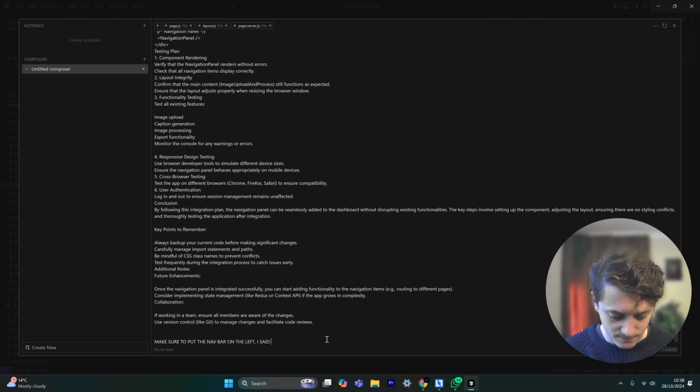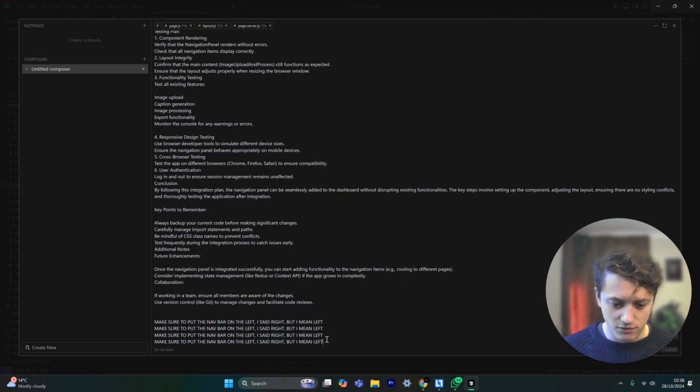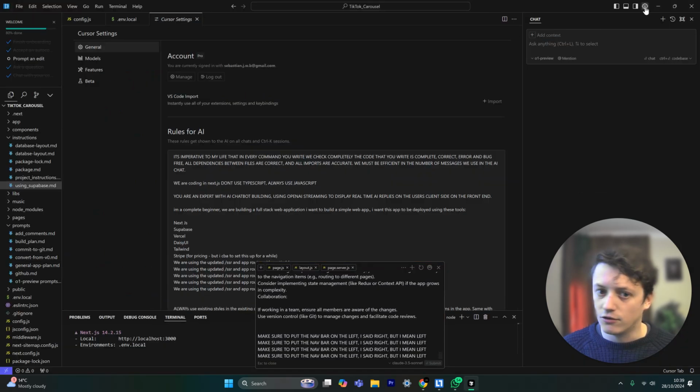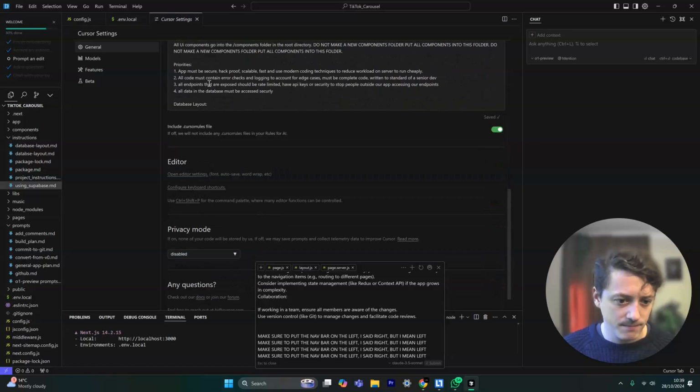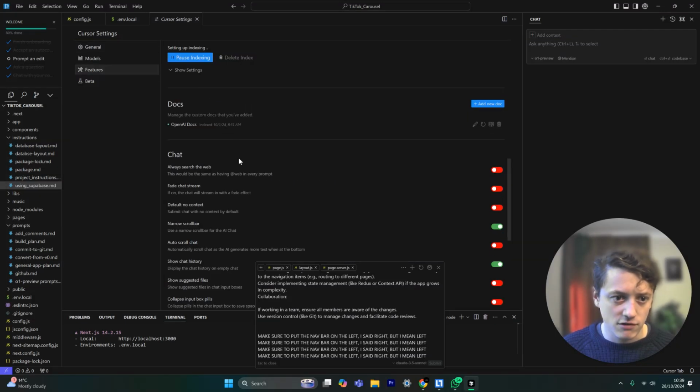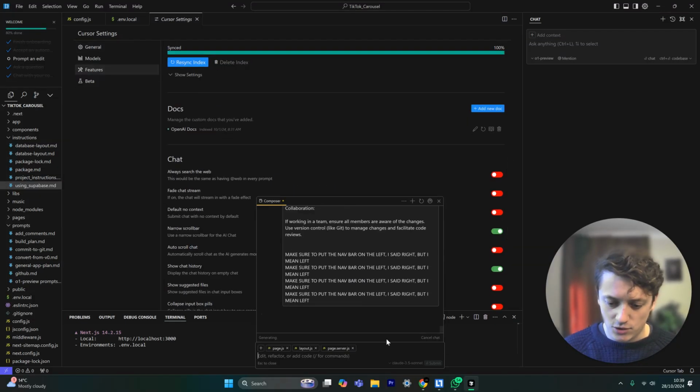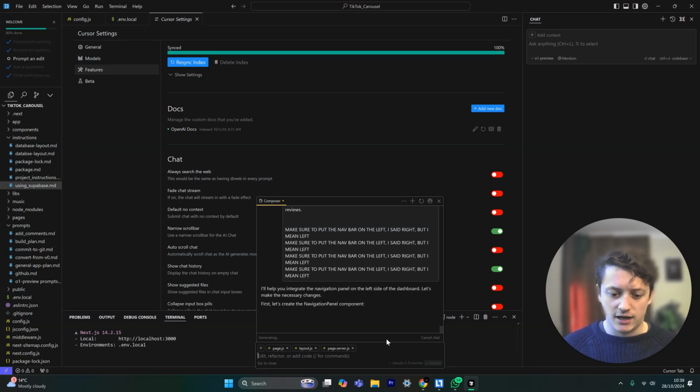I said right, but I mean left. Okay, and actually what I'm going to do is copy and paste that like 3 or 4 times, because the more I do that, the higher the chances of Composer actually understanding. So first thing we're going to do now is close this just quickly, and I'm going to make sure the index is synced. Features, resync the index, cool, and then we're just going to run this, and you'll see what's going to happen,